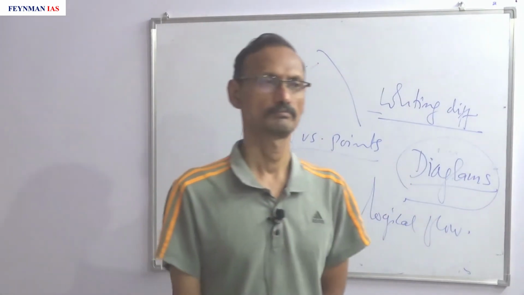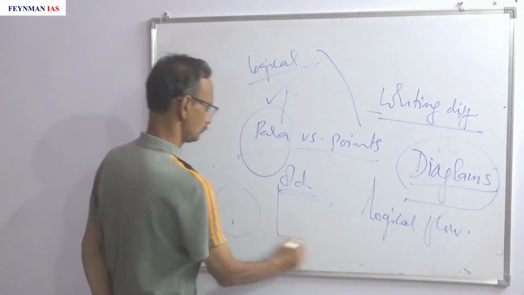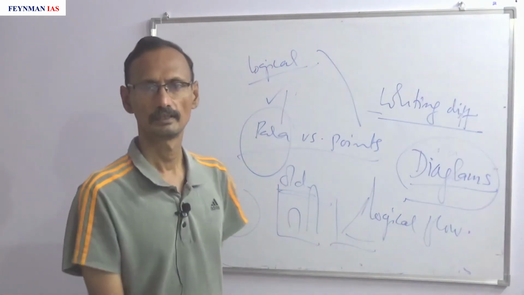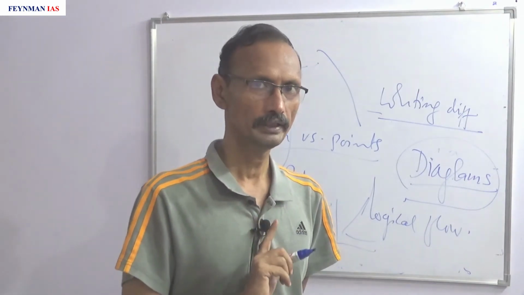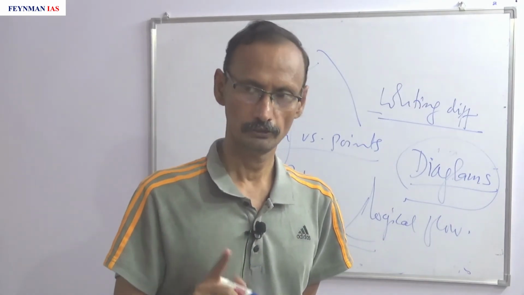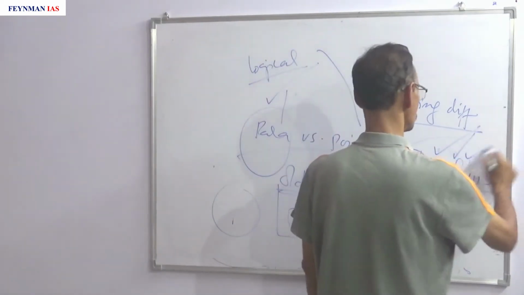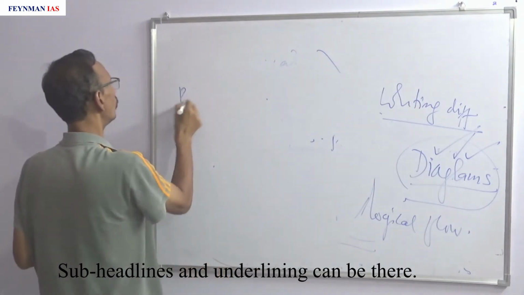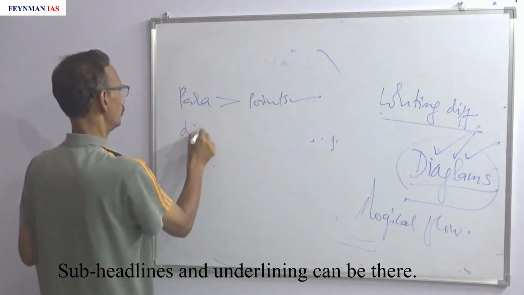Flow charts, graphs, pie diagrams, all kinds of things. Diagrams can convey logical flow. So, don't equate the para versus points debate with whether you should use diagrams or not. I want you to use diagrams. So, my summary is that paras much more than points, diagrams